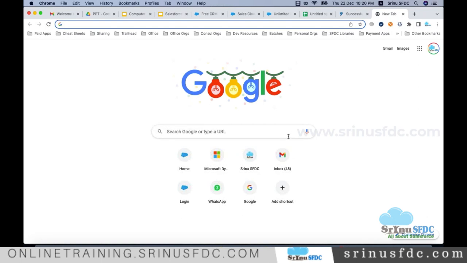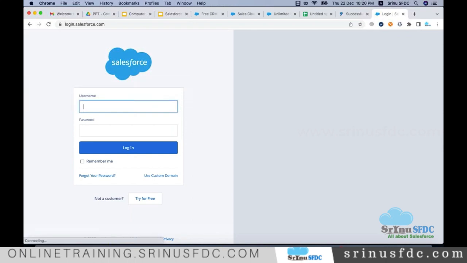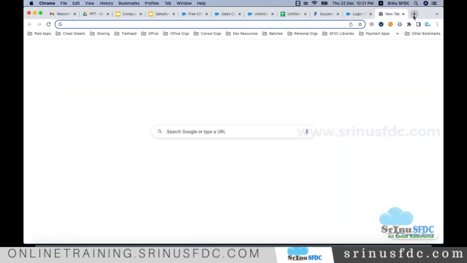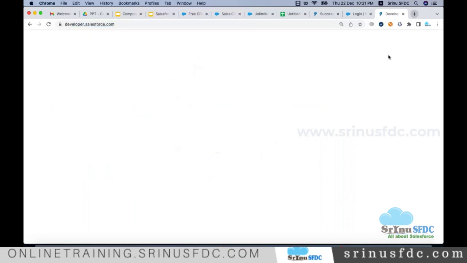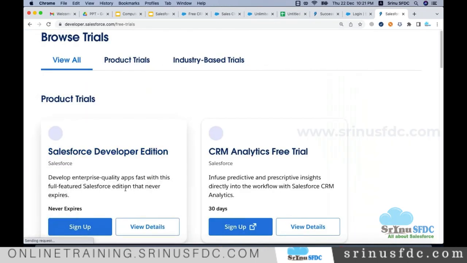So to log in, the URL to log into Salesforce production is login.salesforce.com. Maybe when you sign up, we sign up here, developer.salesforce.com. Click on this button and click on sign up. Once you sign up,